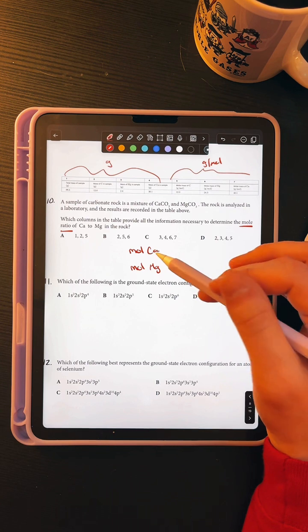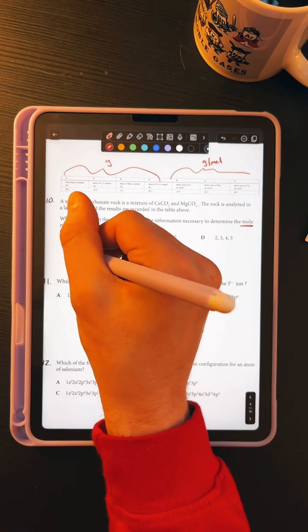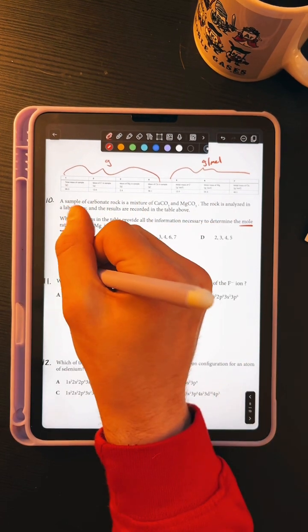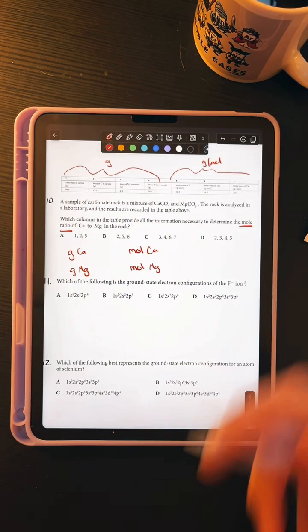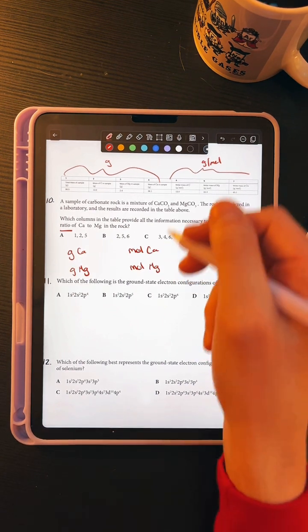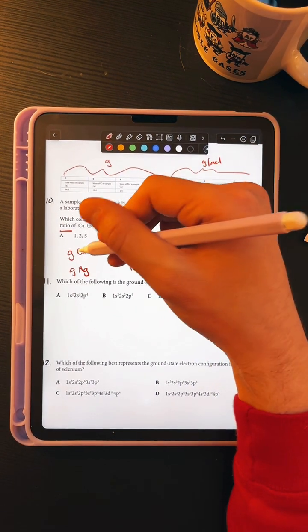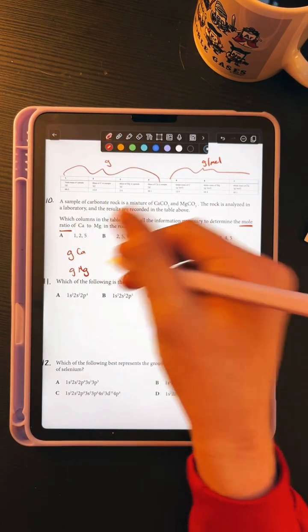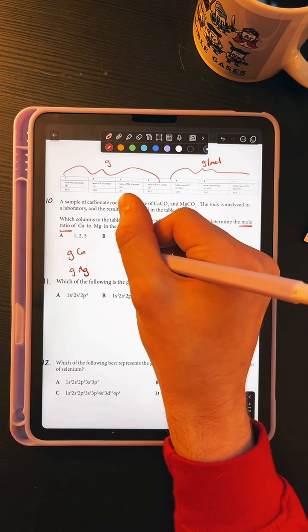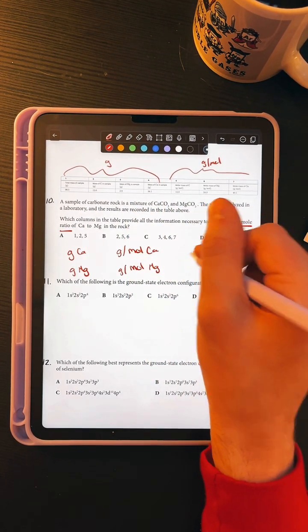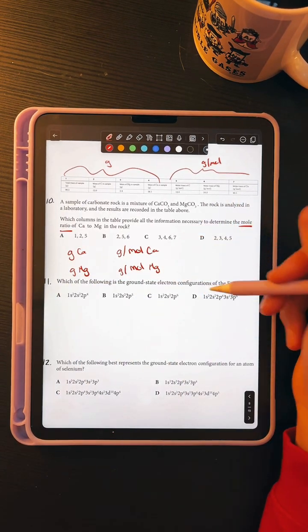So here, we want to take our grams of calcium and our grams of magnesium. Those are the values that we're going to want, as well as the molar masses, because we can go from grams to moles using molar mass. So we want grams of calcium and magnesium, and we want grams per mole, and that'll give us our moles